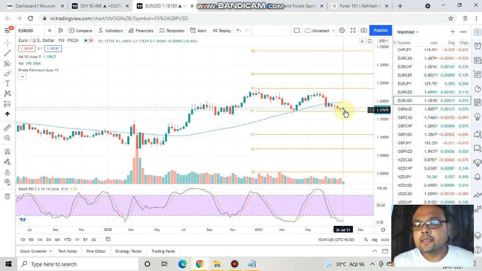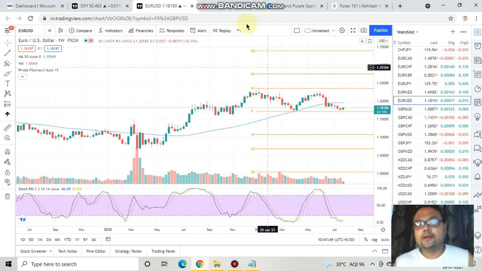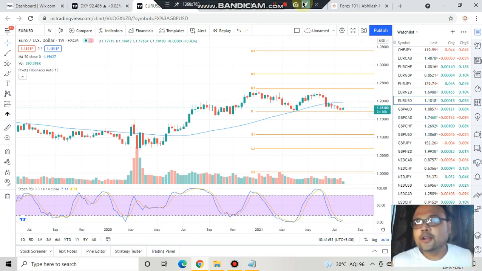Okay, and the size of the candle is bigger than the previous candle. I'm not saying this is a bullish engulfing candle, but still it looks like the market is trying to go up. Bulls are coming in, they are joining the market, and though there is not much volatility in the market, still the market is trying to go up from here,